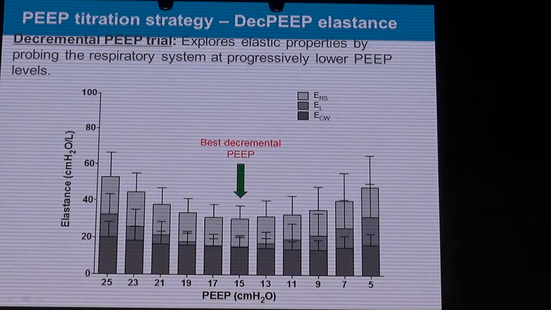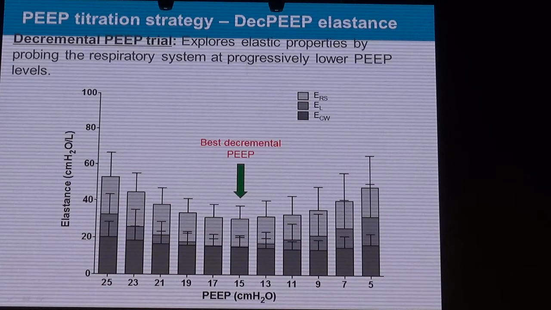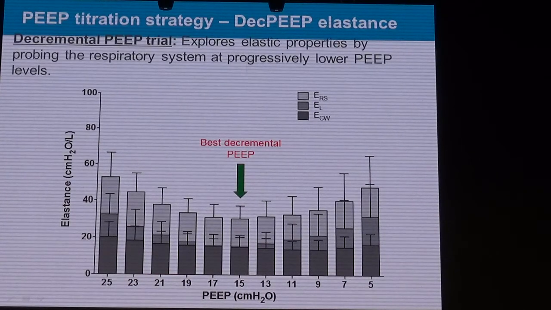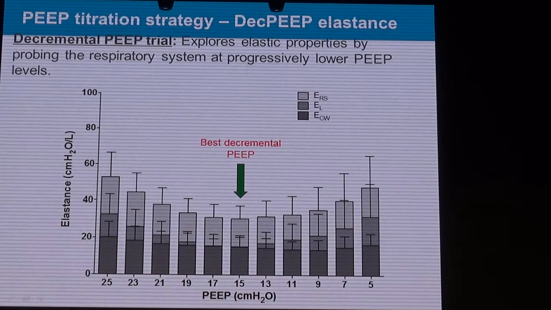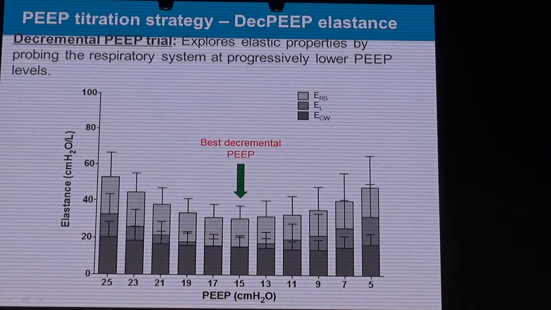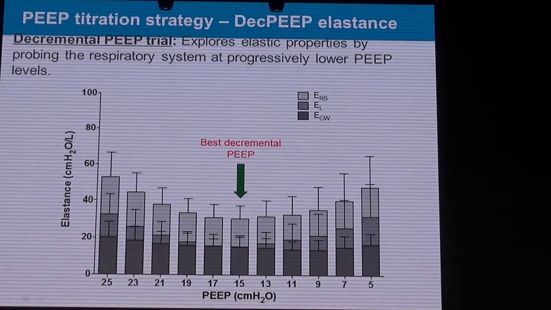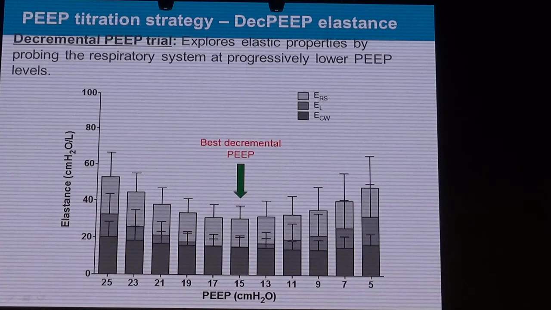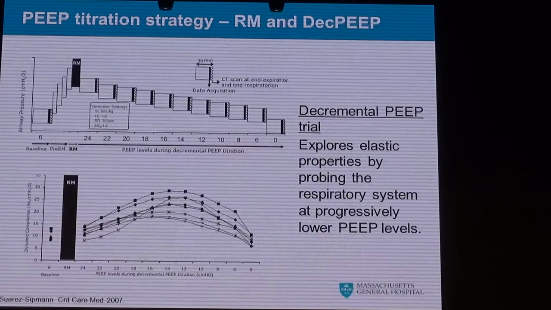And the second point, as you notice here in the dark bars, I also show the chest wall compliance, which is unchanged. That was against our hypothesis. We hypothesized that in these obese patients, the chest wall compliance was increased. Reality is that in these patients, chest wall compliance doesn't increase or decrease with changes in PEEP. What changes instead is only lung compliance, which is due to the formation of atelectasis.